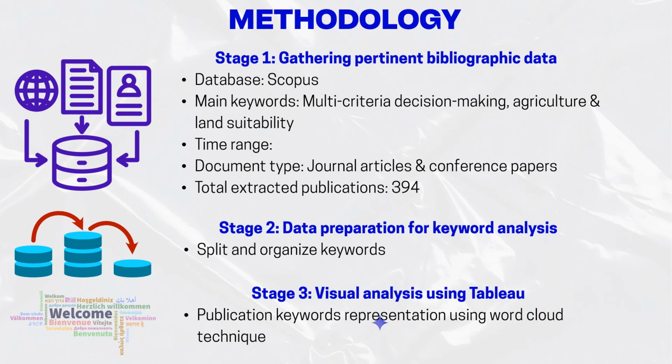And we filtered the results to include only journal articles and conference papers, whereby we excluded the other types of publications like review papers and book chapters, since these types of publications mostly do not present research work. So at the end, this process resulted in 394 selected publications, which were then exported and saved in Microsoft Excel